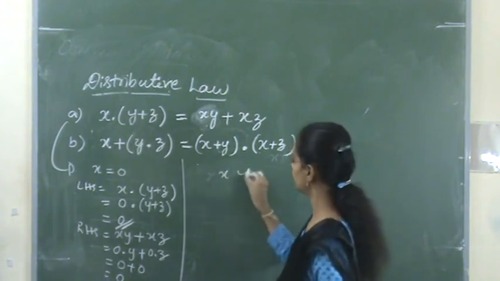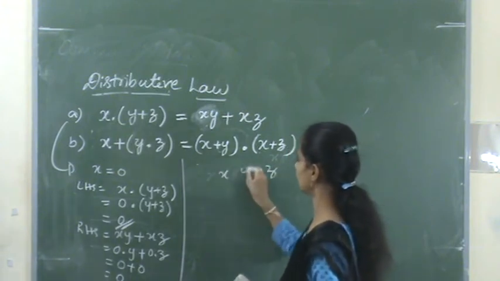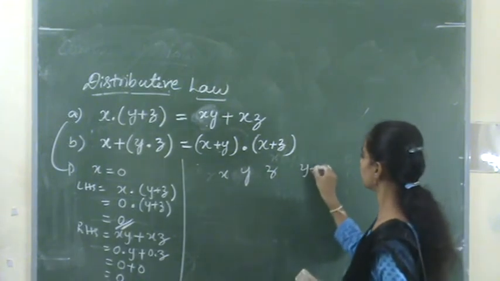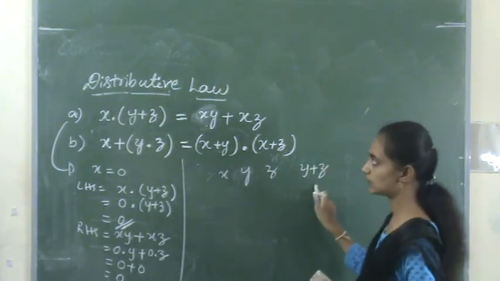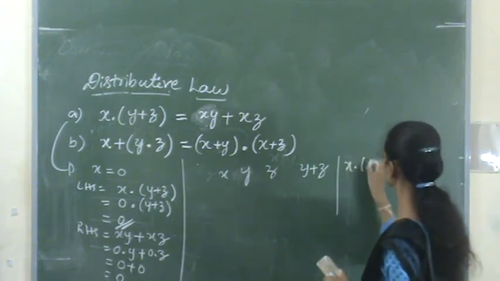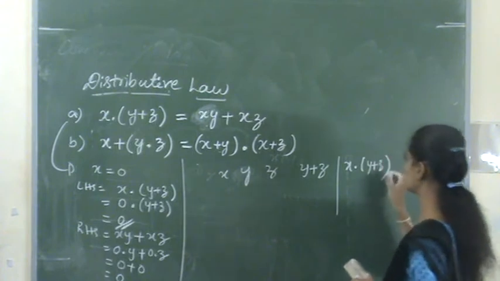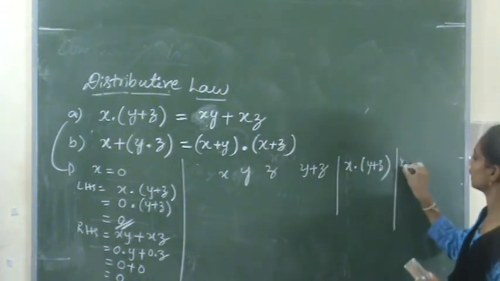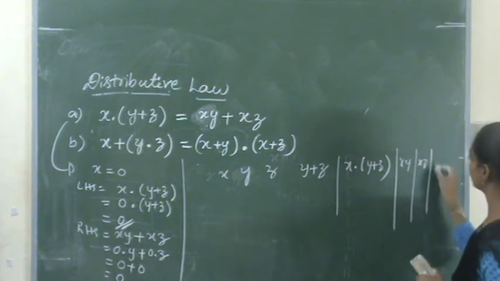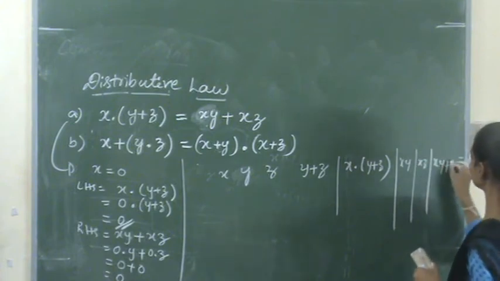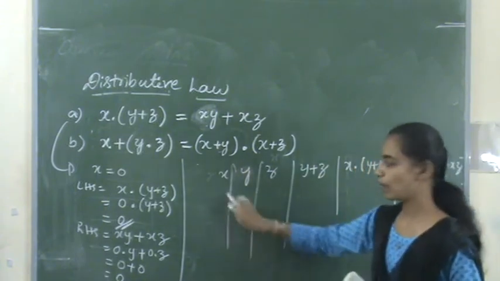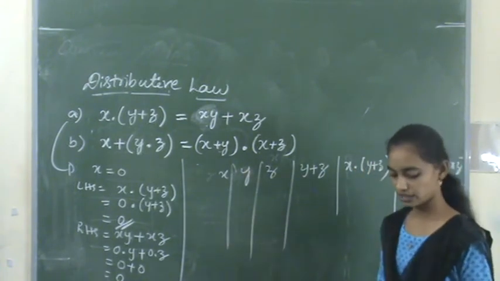So we are taking x, y and then z as 3 variables. First we have to perform x, y plus z. Then we have to perform x into yz. After that x plus x into y, and then x into z, and then xy plus xz. So we just provide the values, 8 values, you know that, right?